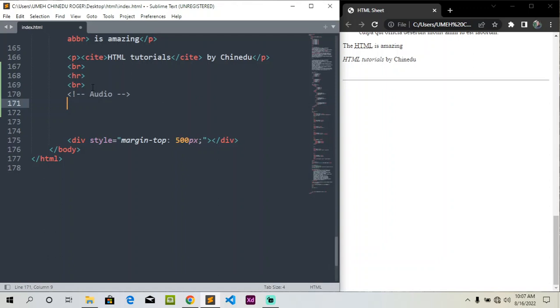Hello guys, welcome to today's session. In this session we'll be looking at audio and video, how we can put audio and video files in our web page. Let's start with audio. To put in audio, we use the audio tag,